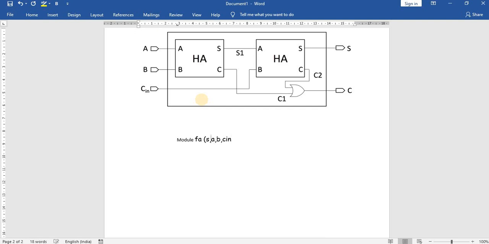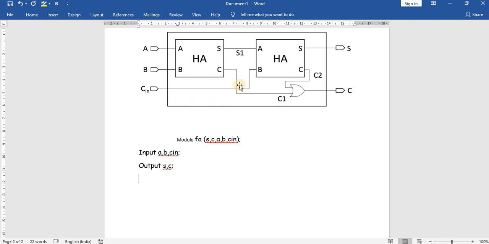Always we should declare outputs first: sum and carry, then a, b, c in. Then we will declare the inputs and outputs separately. Input a, b, c in, and output sum and carry.